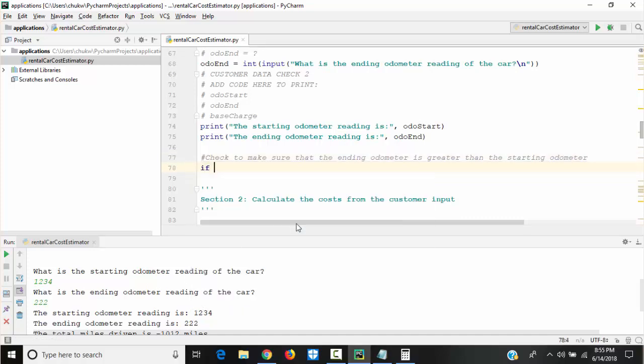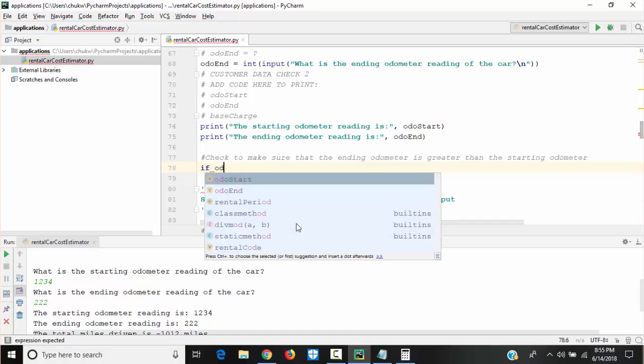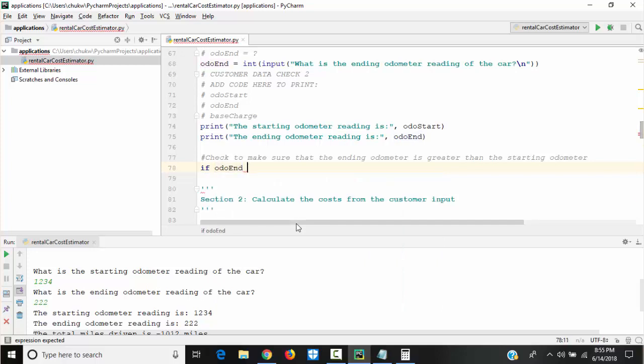So it will be if odo end is less than odo start. Well, sometimes the person will not drive any mile, you know. So it could be equal to it, no problem, but it should not be less than it.